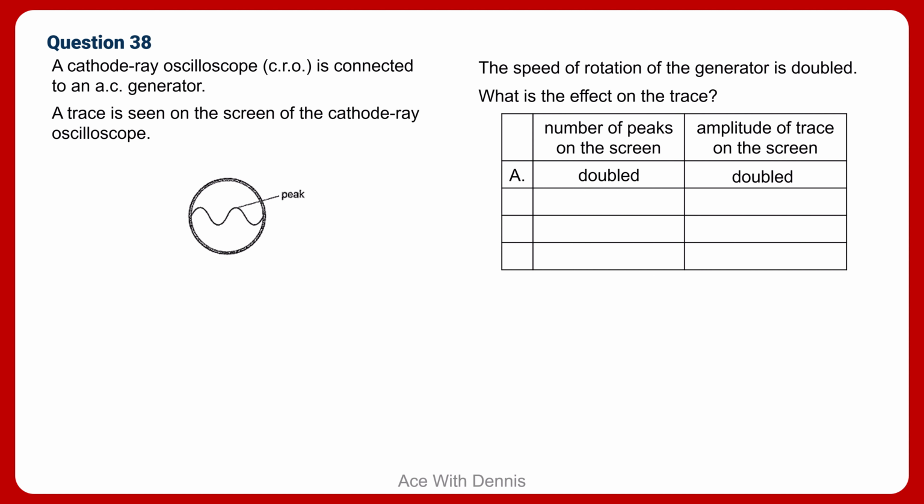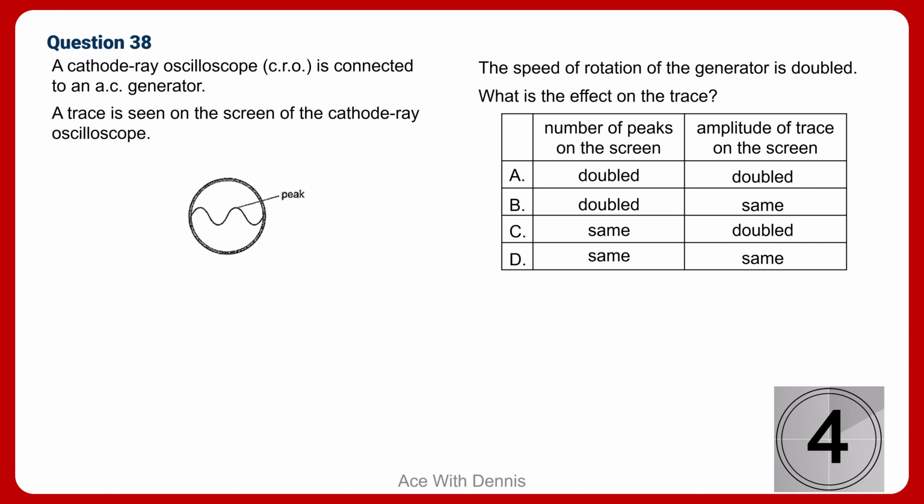Option A, number of peaks on the screen doubled, the amplitude of trace on the screen also doubled. Or B, doubled, same. C, same, doubled. Or D, same, same. The answer is A: the number of peaks on the screen doubled and the amplitude of trace on the screen doubled